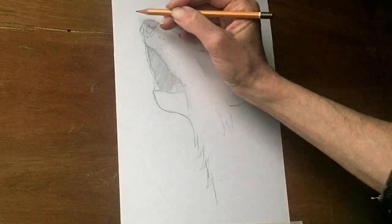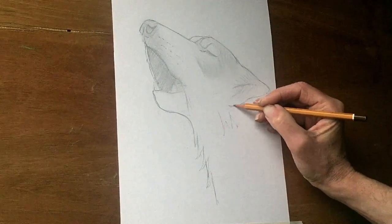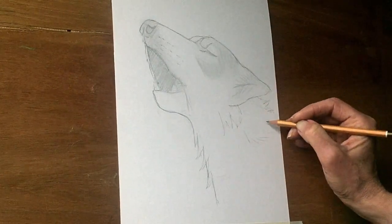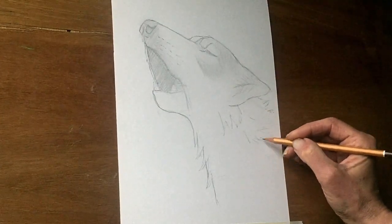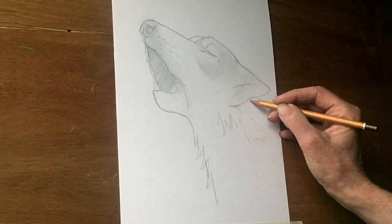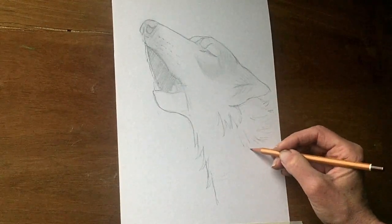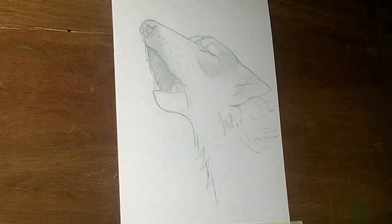The fur does get shorter towards the muzzle, longer towards the neck, especially when they're in full coat, and longer chunks of fur, thicker chunks of fur around here. Just suggest it with your pencil. Your pencil will show the texture, the shape, and so on. These lines really represent the shadows in the fur. And again, if you want to soften it, you can use your kitchen paper